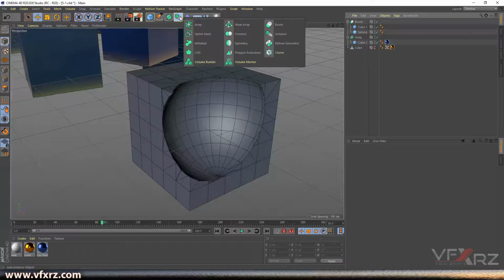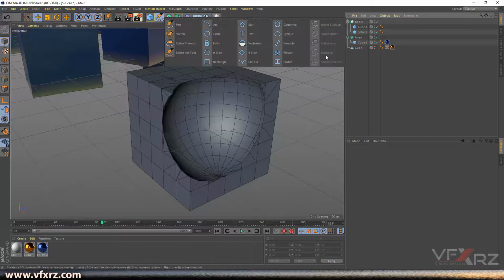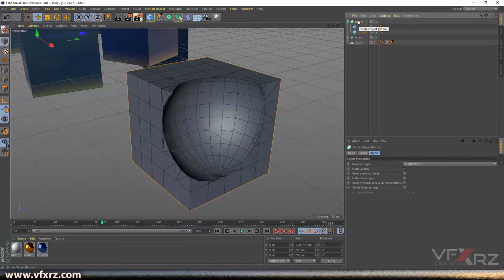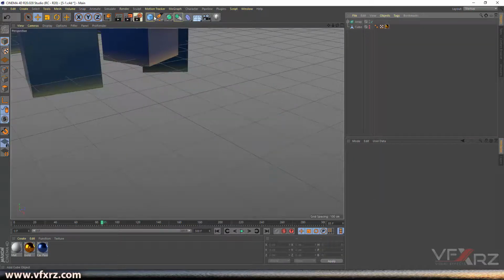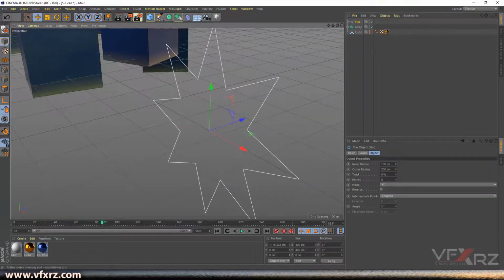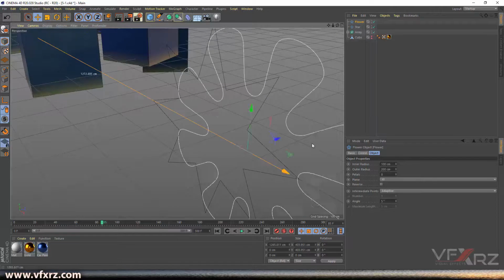And next is spline mask. Spline mask, I told you about that here. It's exactly like this, but we have another option for that in modeling. I'll teach you how you can use that, but for now, again, I want to show you what that is. For now, I'm going to create a star, drag it here, and I think flower is good, drag it here,